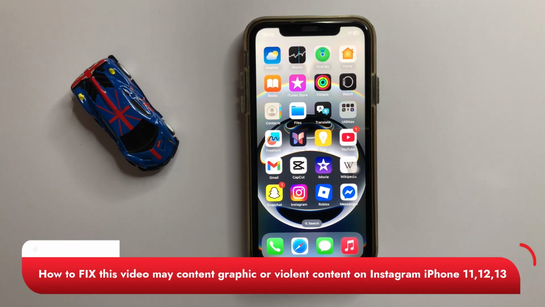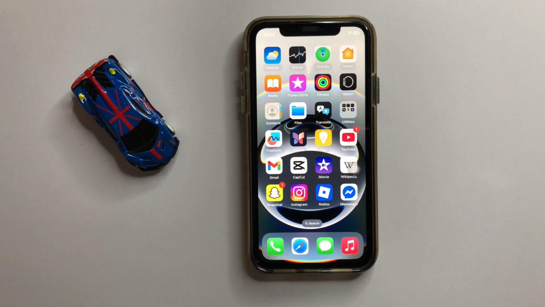How to fix "this video may contain graphic or violent content" on Instagram in iPhone 11, 12 or 13. So let's start the video. First of all,